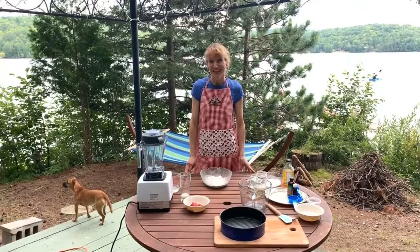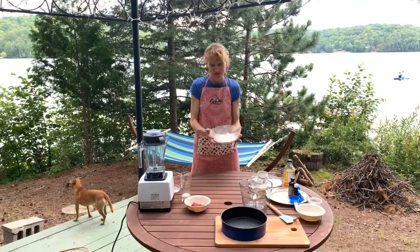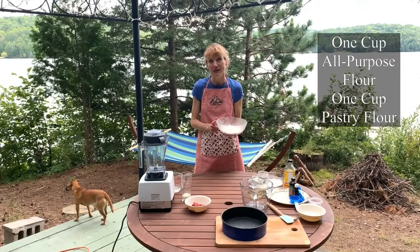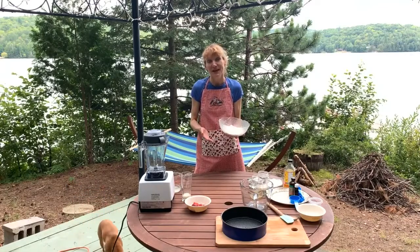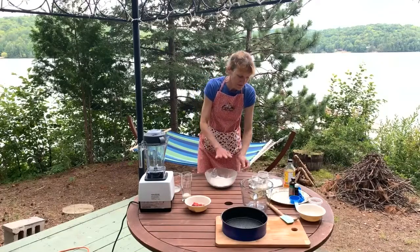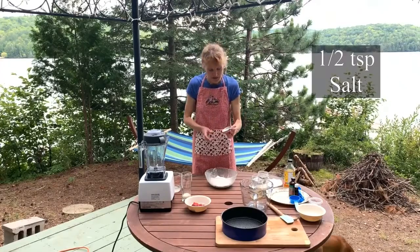The first thing that I did for this marvelous cake is I've put 2 cups of flour into a bowl. I used 1 cup of all-purpose flour and 1 cup of pastry flour. I'm sure you can just use 2 cups of all-purpose flour if you don't have the pastry flour. So 2 cups of flour, and I'm going to add half a teaspoon of salt,